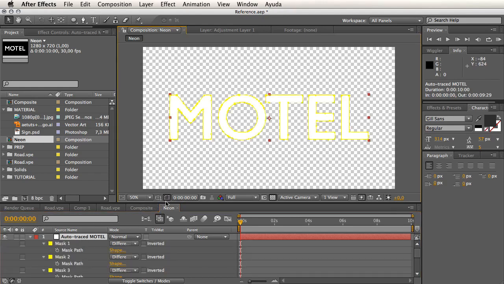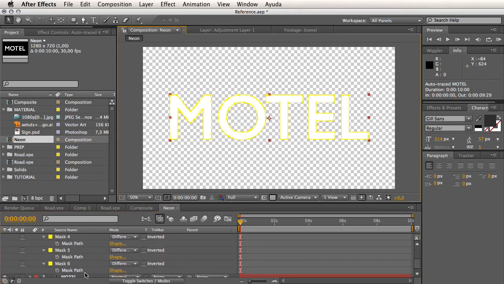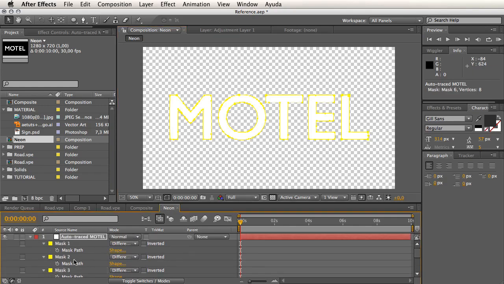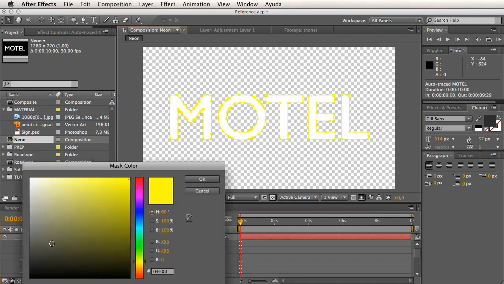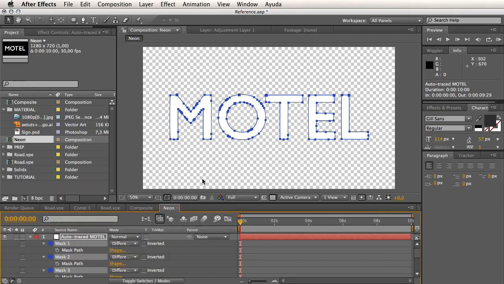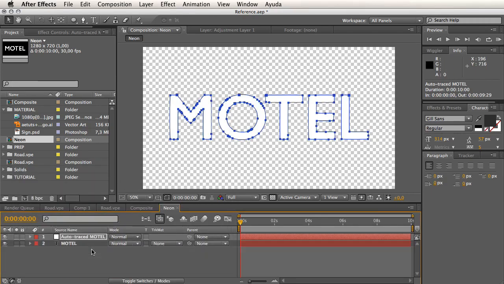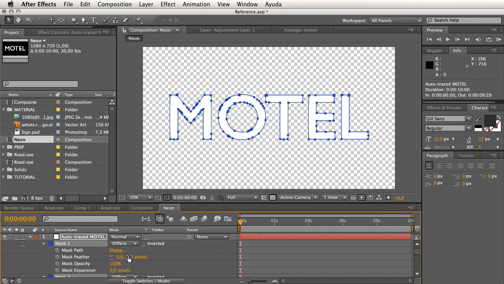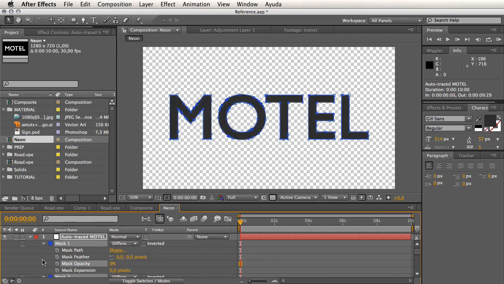Let's see them. A few masks with all the text traced. So let's select them, let's change the view color to blue so we can see them better. And also let's double hit M, and let's lower the opacity down to 0, because we don't need the content of the masks. What we need is the